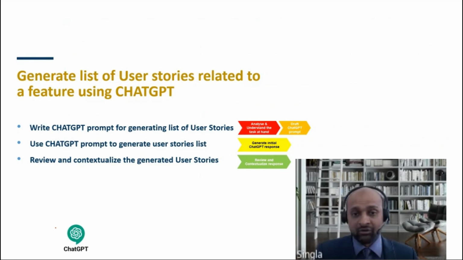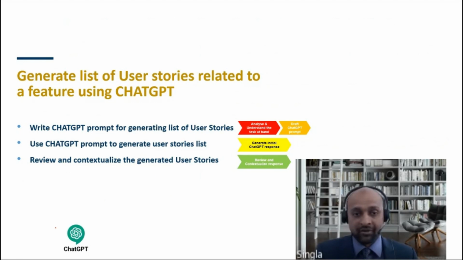In this scenario, the task is to generate a set of user stories based on a feature description. And then we'll understand it, analyze it, and then we'll draft the prompt based on our understanding and requirement for